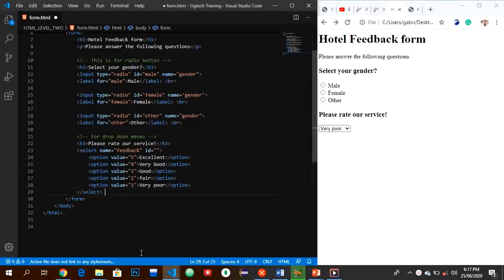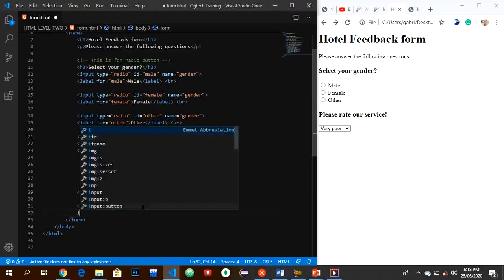Alright, so before I'm going to add a break, I believe you know what a break is. Then I will add a comment for checkbox. My menu here was wrong, so I corrected it here. Alright, so for me to declare a checkbox, first of all, I will declare an input